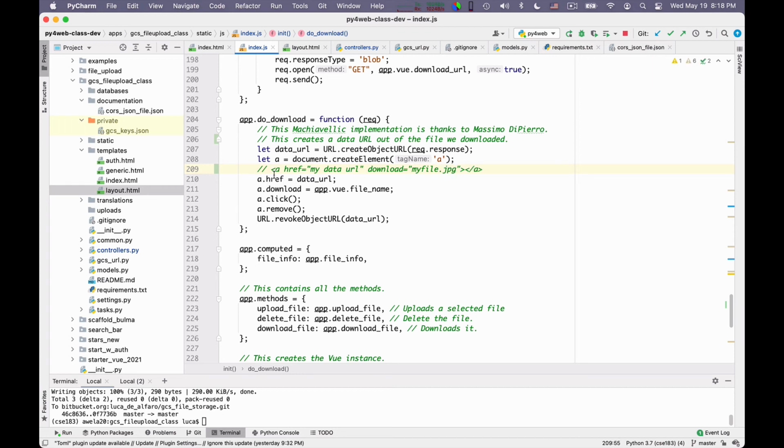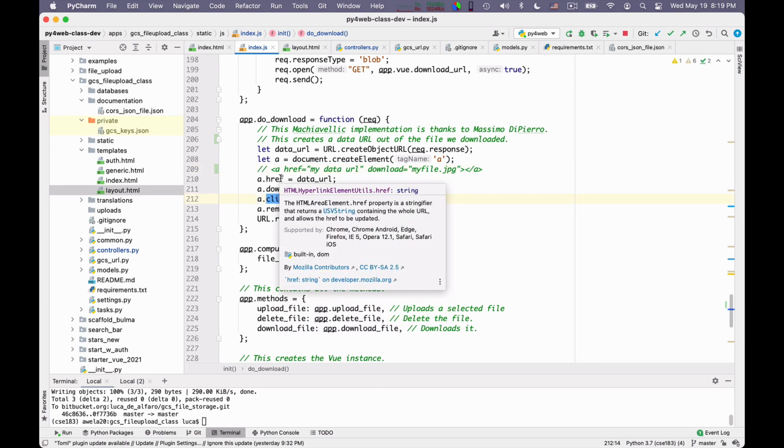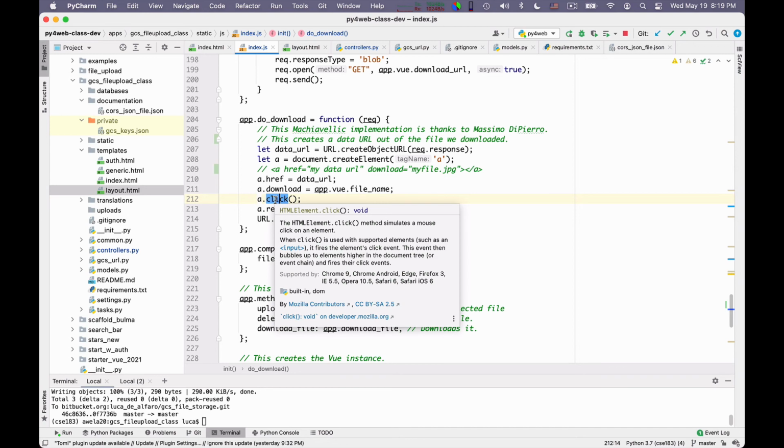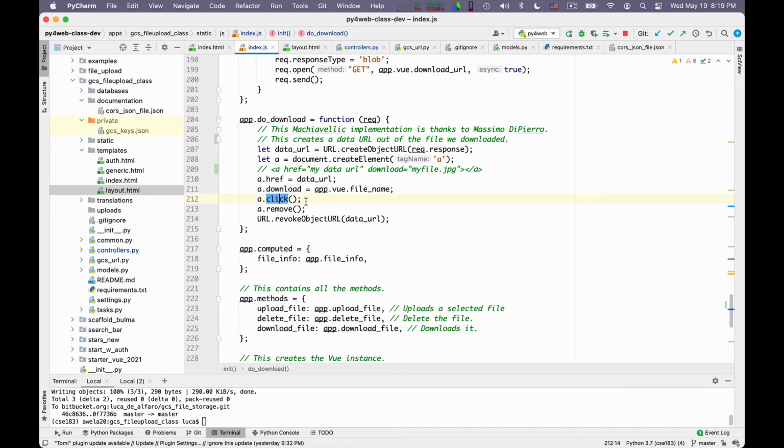Okay, so I created this element that fishes the data from here, so anonymously, and then it will rely on this download attribute to know the file name under which it will be stored. And after I create this fake A tag that doesn't exist anywhere, I click it. Believe it or not, I can click it. I don't have to wait for the user to actually click it. I can click it myself via JavaScript. And this will open the dialog that will enable me to store the file.